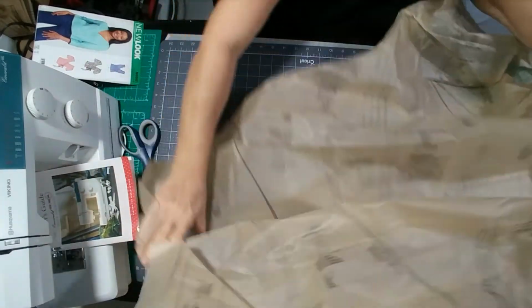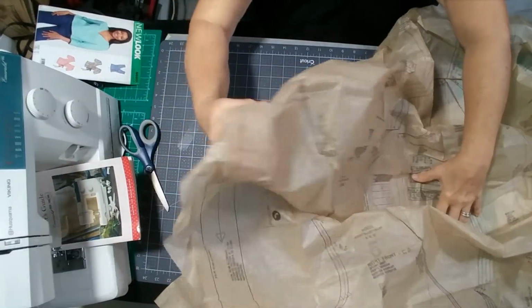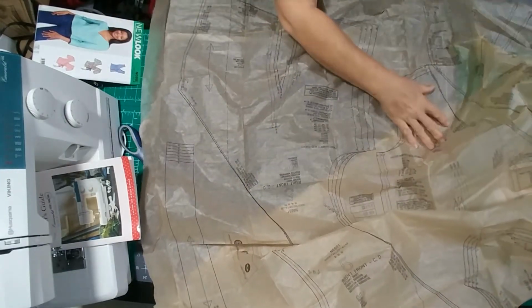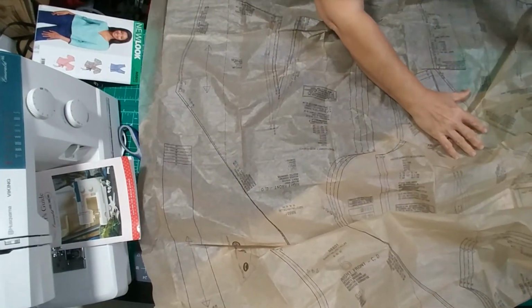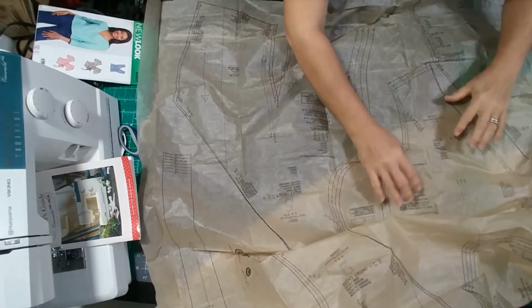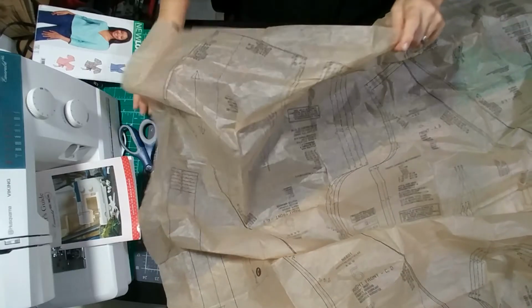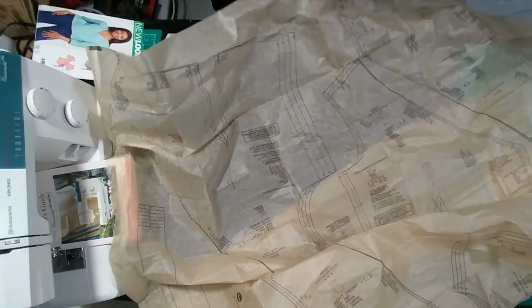Yeah, we got paper flying now, don't we? Alright, there's C. There's B. And there's B. That's C. So, just to make this a little more manageable,